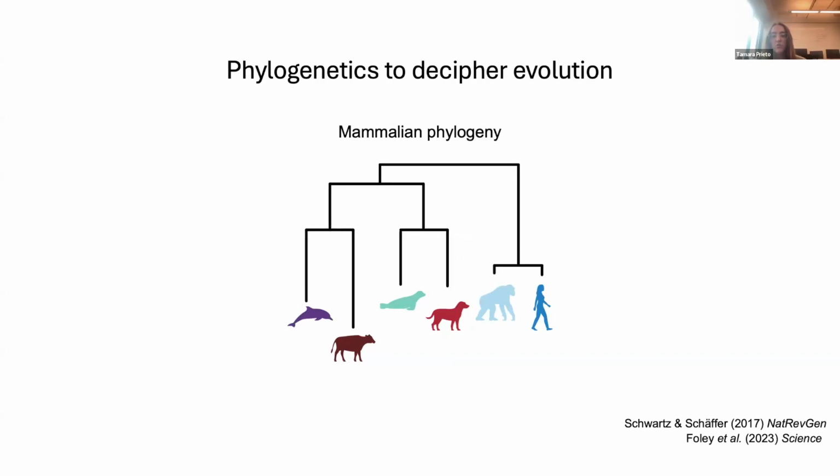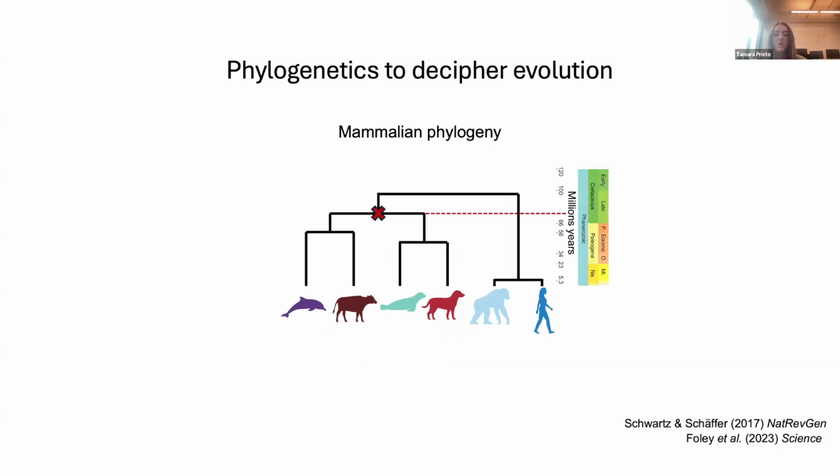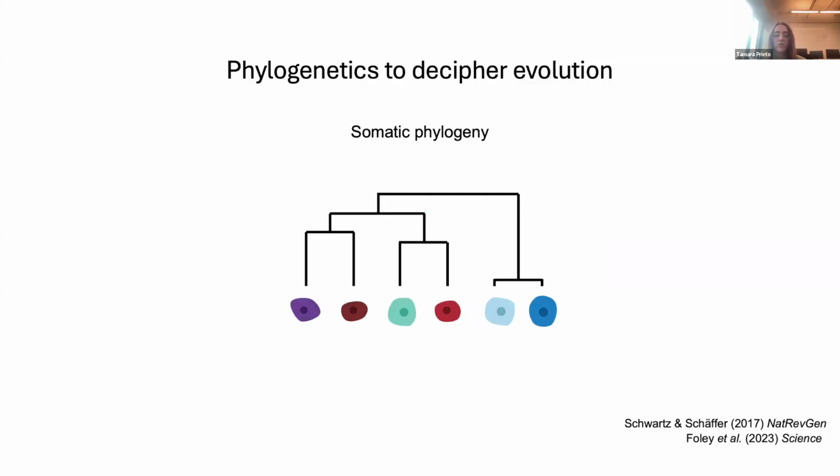So phylogenetics can be used to understand any evolutionary scenario, not only species evolution, but also somatic evolution. As an example, the phylogeny of mammals reveals that dolphins are more closely related to cows than to seals. And the fusiform body shape of dolphins and seals is a phenotypic adaptation for aquatic life that is a convergent trait that evolved twice independently. By calibrating this phylogeny, we can also transform branch lengths, originally an evolutionary rate, to represent time and reveal that their last common ancestor lived more than 60 million years ago in the Cretaceous.